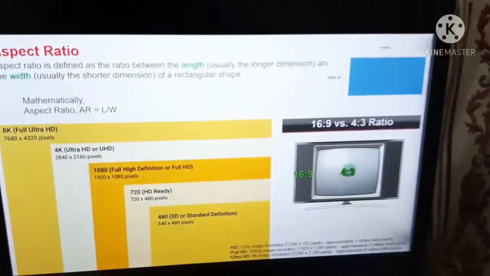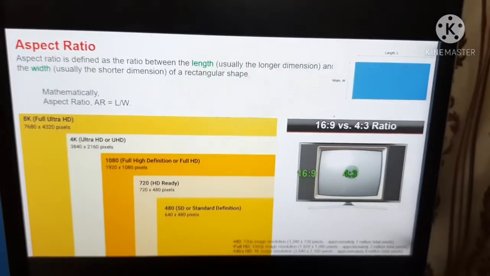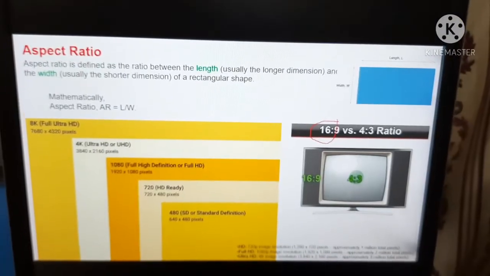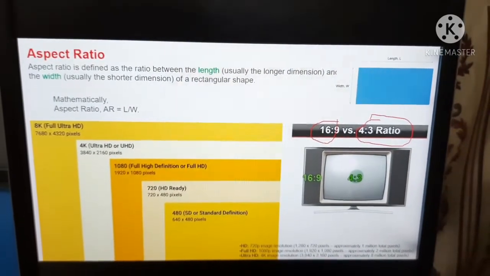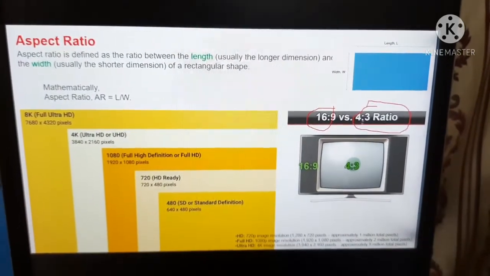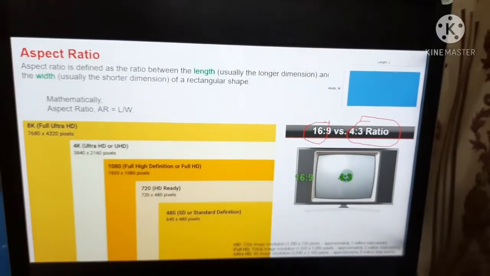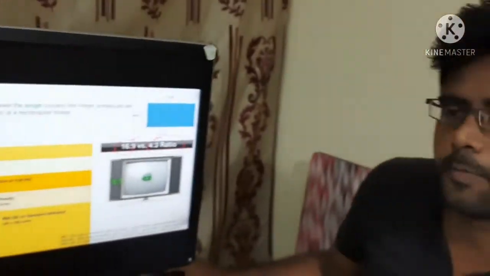You might have seen that you are having 16:9 or 4:3 aspect ratio in general in the market. Now we will understand why these different numbers, 16:9 and 4:3, what they mean, and what the aspect ratio is. In all cameras, when you take an image, it will show you which format it should be, either 16:9 or 4:3.